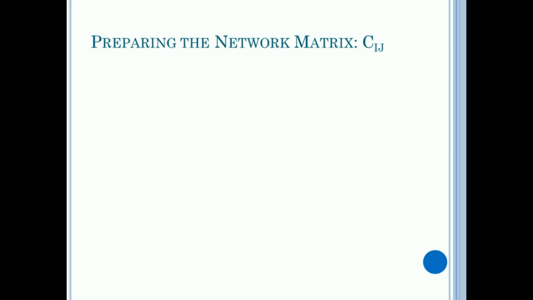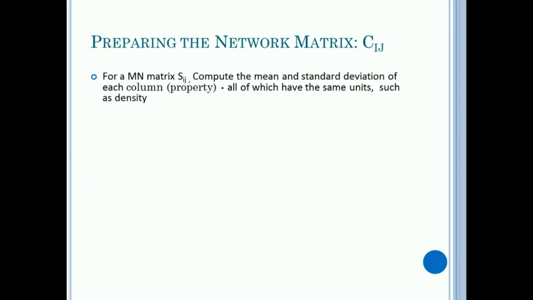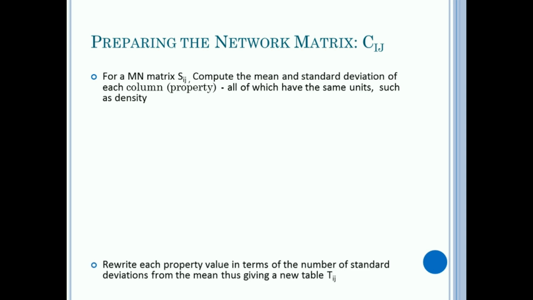How do we prepare this network matrix, Cij? Well, we begin with a table S, which is a MetaNumber table. Now, as each column has the same units when evaluated with the MetaNumber engine, we can compute for that column its mean and standard deviation.